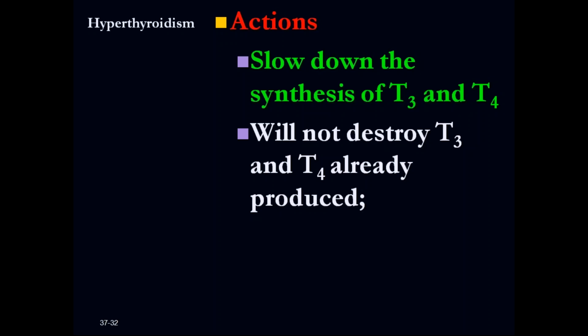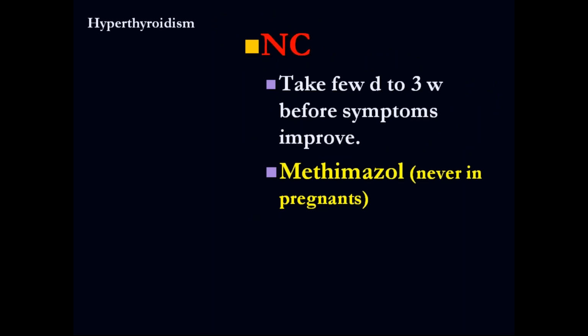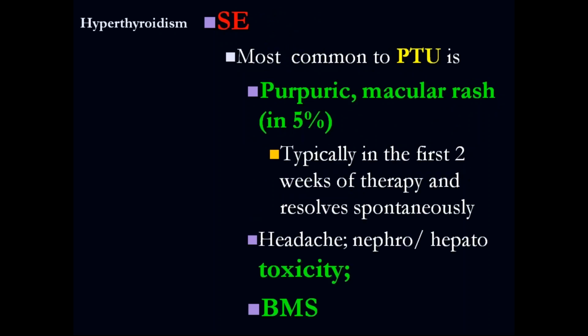This does not destroy T3 and T4 already produced by the thyroid gland. Okay, methimazole, never in pregnancy, as we already mentioned. Side effects: purpuric macular rash. Purpuric, because what is purpuric? Purpuric are small dots that appear in the skin, red blood dots that appear in the skin because of this hyperthyroidism